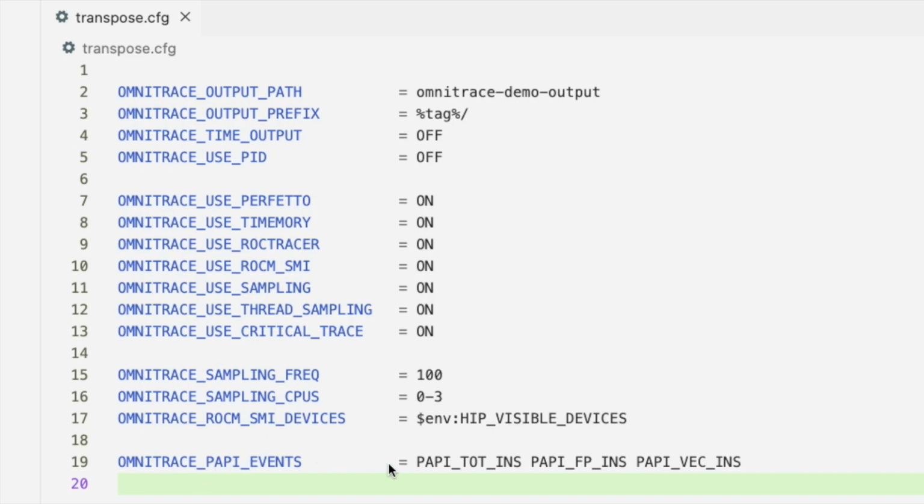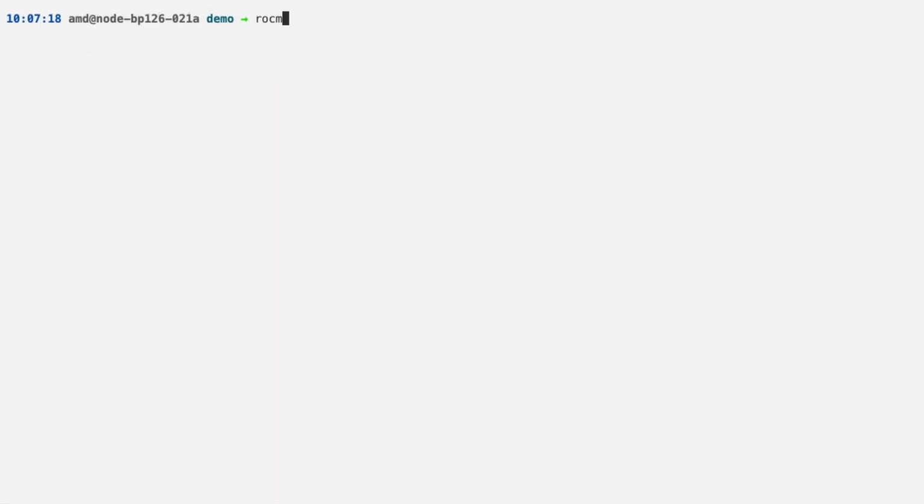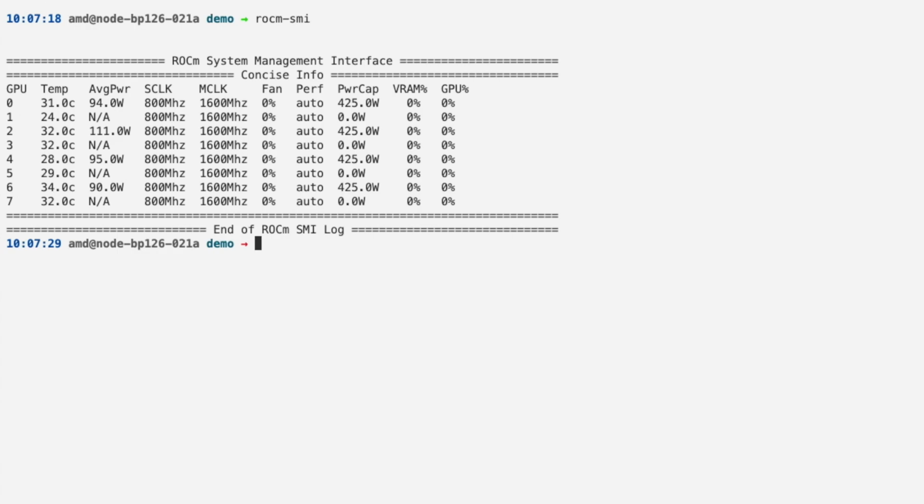Additionally, I specified the hardware counters for the total number of instructions, the floating point instructions, and the vectorization instructions. I have a total of 8 GPUs, but I'm only going to run with 4 threads. So I am going to set HIP visible devices equal to